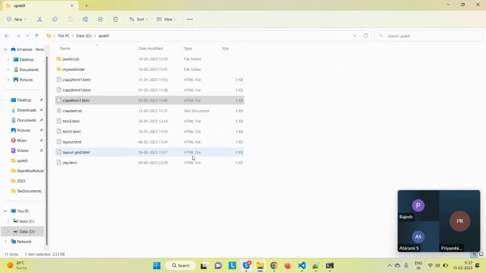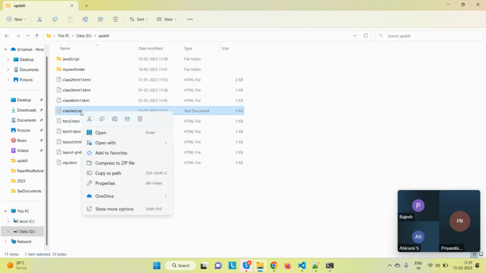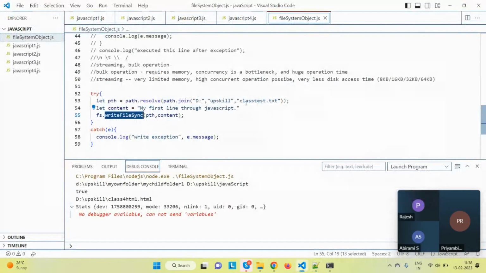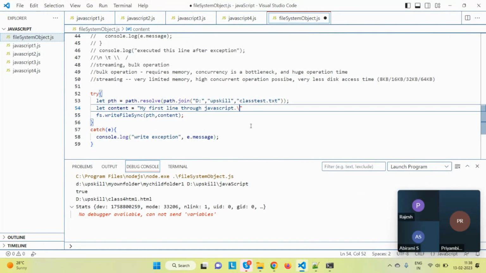I just go open the file here. In this class test.txt file, right click, Notepad. Now you can see my first line through JavaScript. This is what I was talking about, one escape sequence, right? I want to now put another line. That is the escape sequence \n, my second line. I am writing it in the same line, but